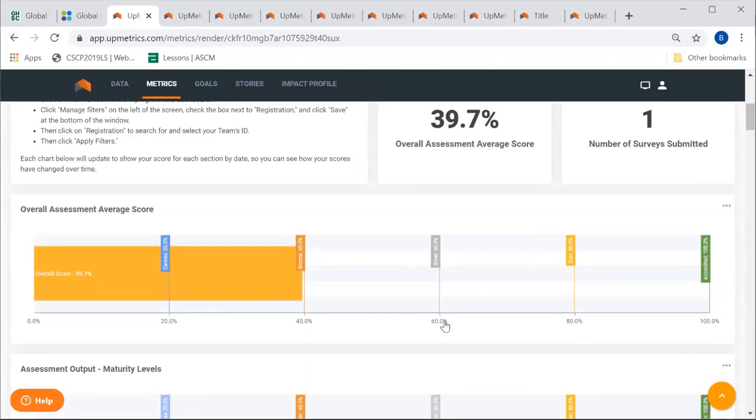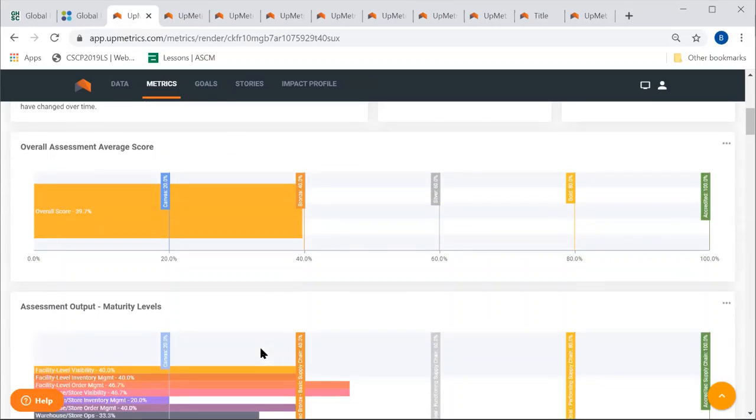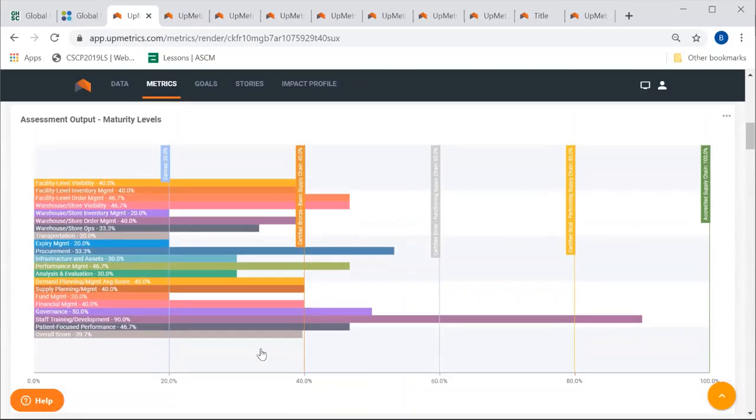When you come down here, there's a badging method. Remember, we talked about that. The badging says that the 39% that the union has scored comes under bronze. That means the union can still go silver, gold, and accredited if they want to be. And I'm sure they want to go there. Based on that, we now have a breakdown of the 20 categories that were assessed.